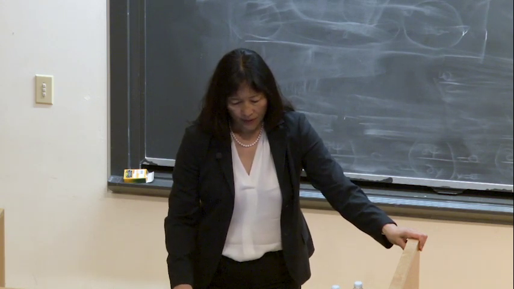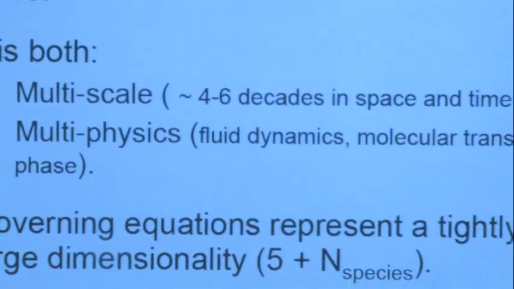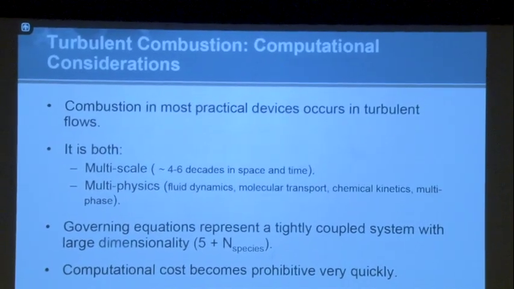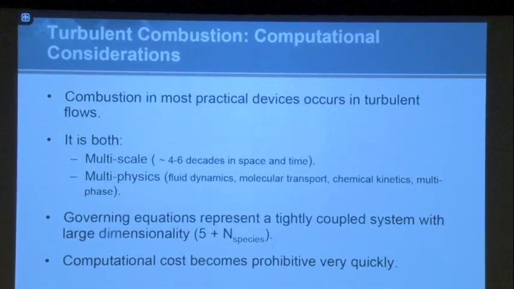So I think I've described this, and I just want to say that, as I said earlier, combustion is multi-scale and multi-physics. The governing equations that represent combustion, which I'm going to talk about in a moment, are large and high dimensional because we have lots and lots of species in addition to the mass, momentum, and energy that we transport. And computational cost very rapidly becomes prohibitive because of the large number of degrees of freedom that we have to solve in a realistic system. So typically, on today's largest supercomputers, we might solve on the order of anywhere from 10 to about 100 transported species,